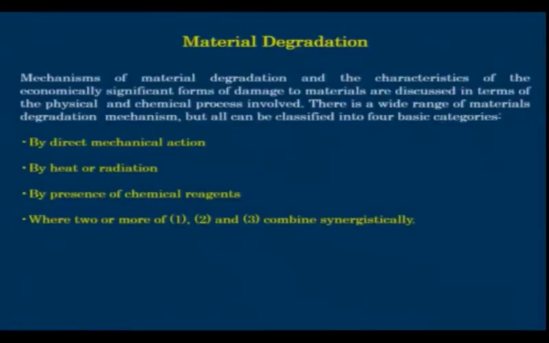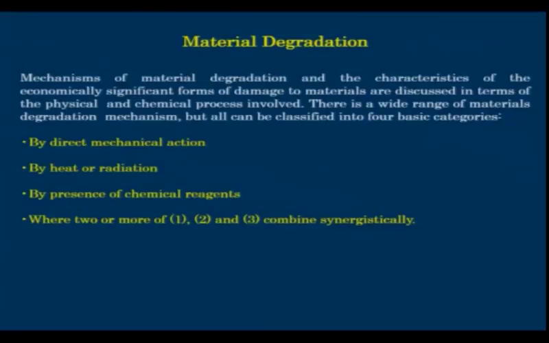Now, coming to railways. In the railways, one form of loss of material is wear. Wear happens when two bodies are in contact, and due to friction, some part of the material is lost. So, there will be thickness reduction, and finally, you have to discard that particular material and replace it with a new one. So, this is by direct mechanical action, where you have a relative action between two bodies which are in contact.